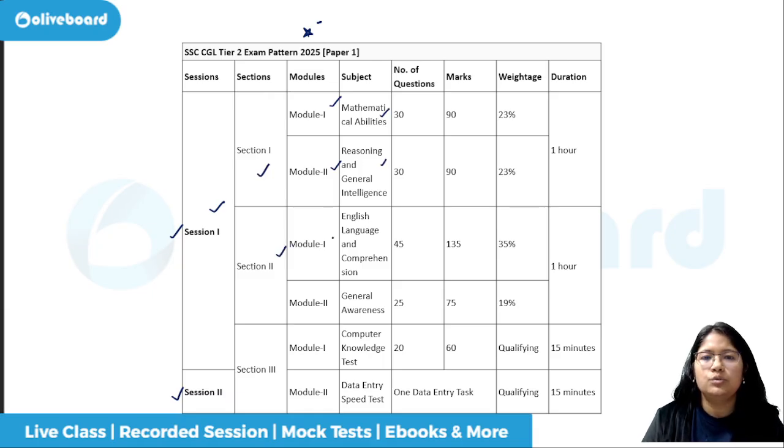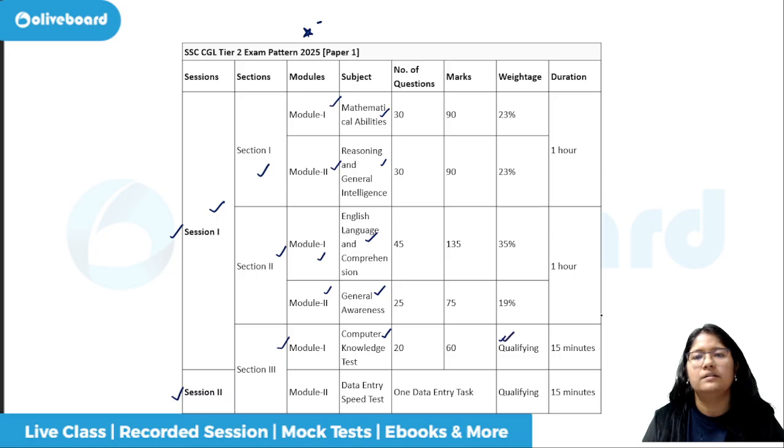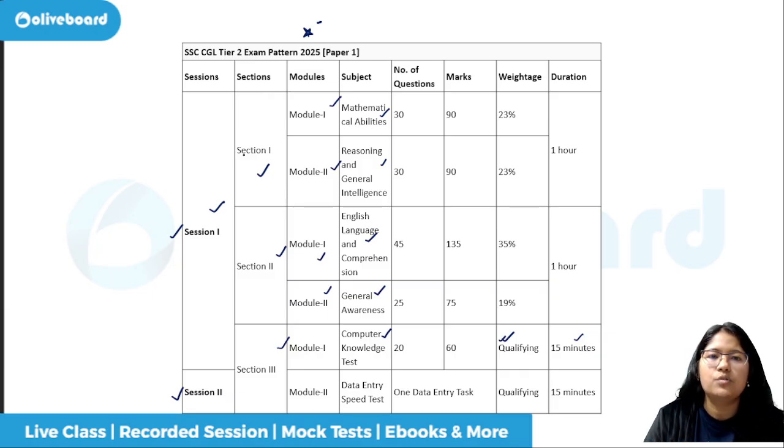In section 2, there is your module 1, module 2, and this comprises your English and general awareness. And in section 3, there is module 1, which comprises the computer test. Now, the computer knowledge test is again a qualifying test, and the duration is 15 minutes. So we will not talk about the computer knowledge beyond this point, and we are going to focus on